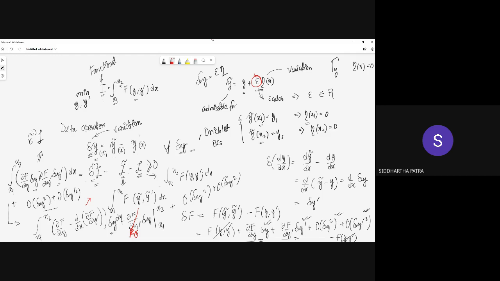And the only way that should be true is by making this term 0, and let the second order term, which would be a squared term involving epsilon, which would have epsilon squared in it, and that would be sign independent. So we need a sign independent term to be the most significant term. Therefore, we need the first term to be 0 if we want I to have the minimum value at y and y prime. And that basically gives a condition that this first variation of y equals 0.